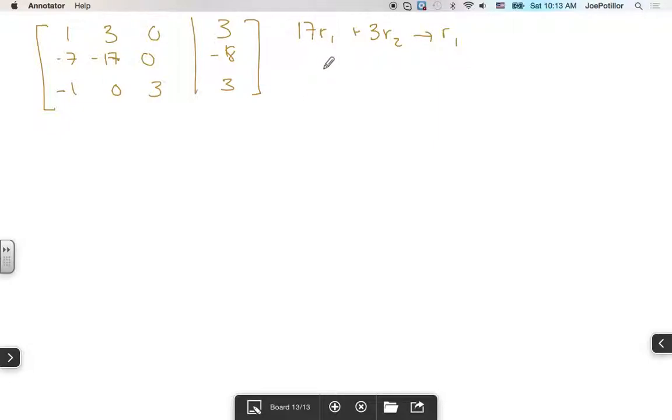So 17R1 becomes 17, 51, 0, 51, 3 times 2 is negative 21, 51, negative 0, it'll be 24, 18 times 3 is negative 54,